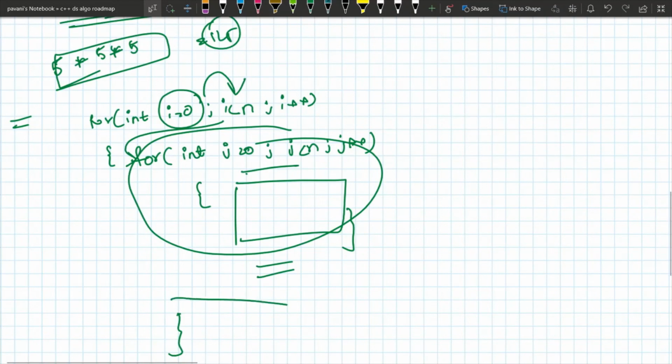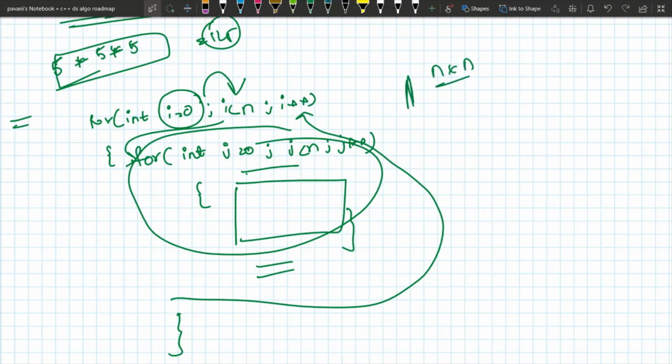After that it increments or decrements, and like that the number of iterations is multiplied, n into n. For example, here n iterations are possible and here n iterations are possible, that is why n into n. We can take, like, i less than 2 and j less than 3, that means 2 into 3, which is 6 iterations.